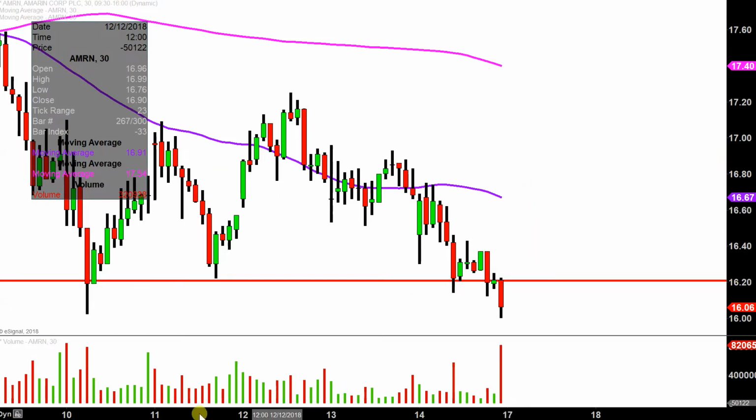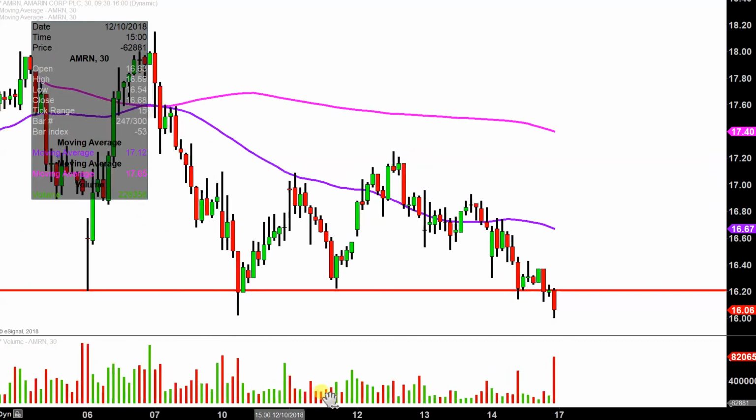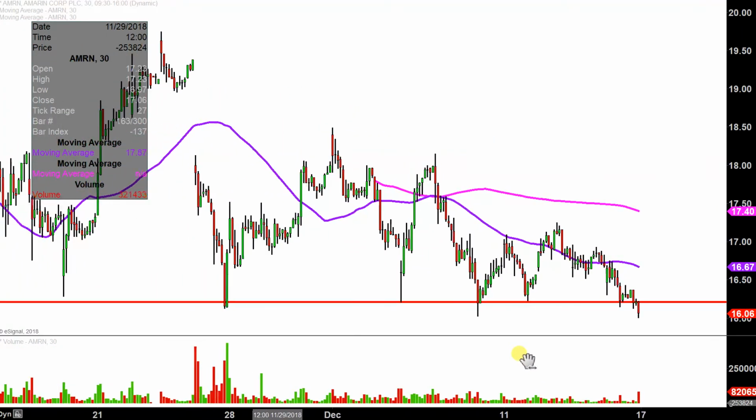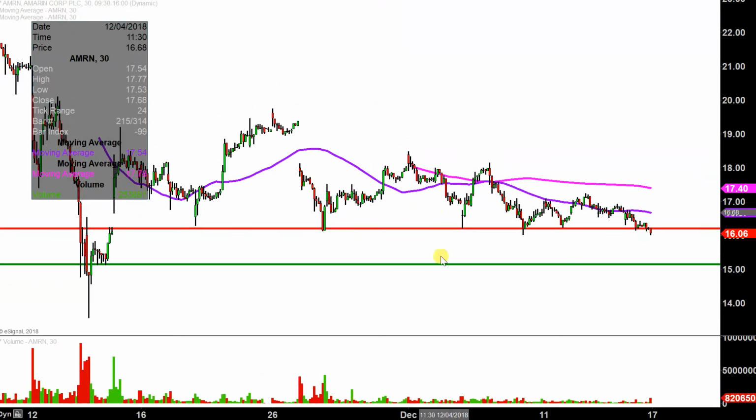Now, what about areas of support? Given that the price has gone to some newer lows today, where are some next potential areas where the price could potentially be headed? And that's where this green line comes into play that I've talked about in past videos, and that's down here around $15. Now, I'm not saying that on Monday or Tuesday the price is dropping straight to $15, but